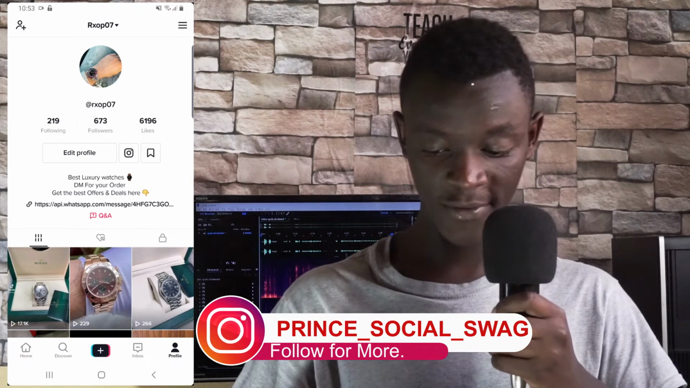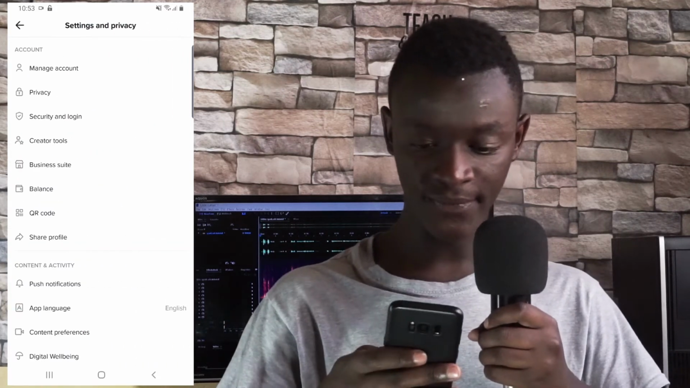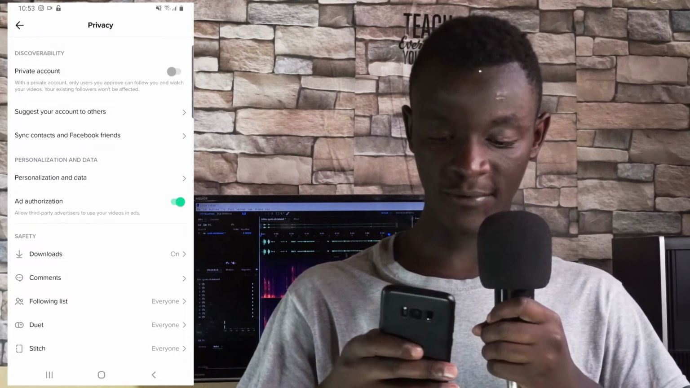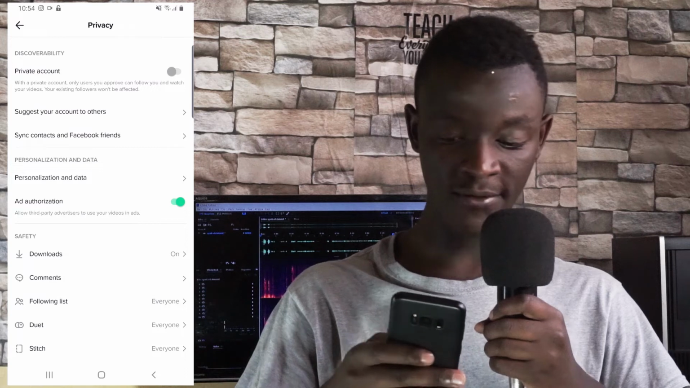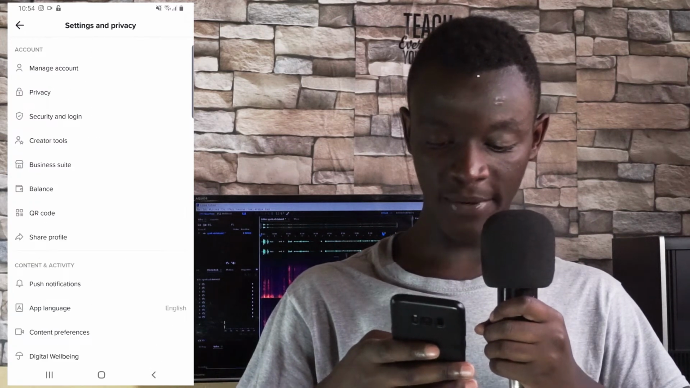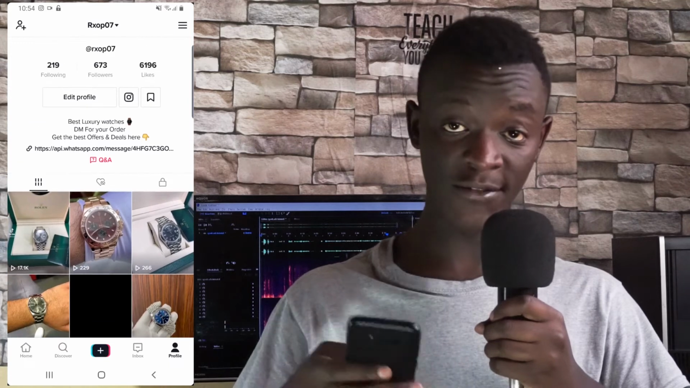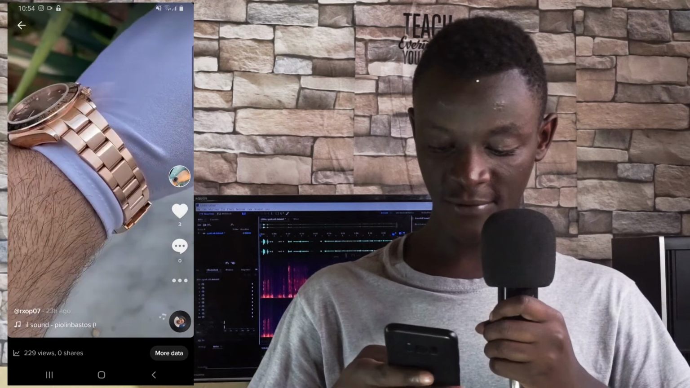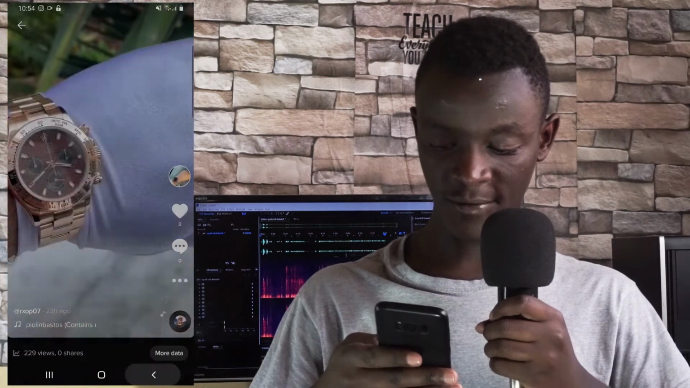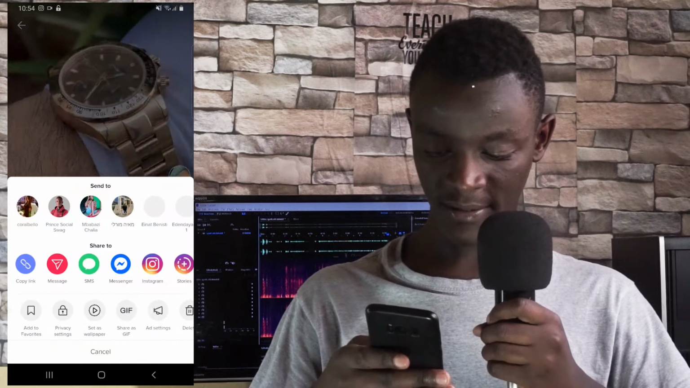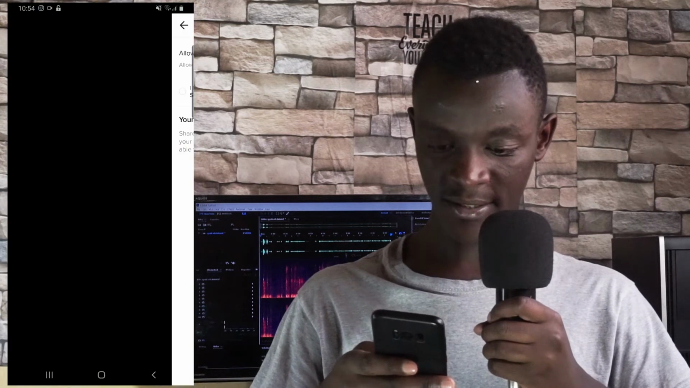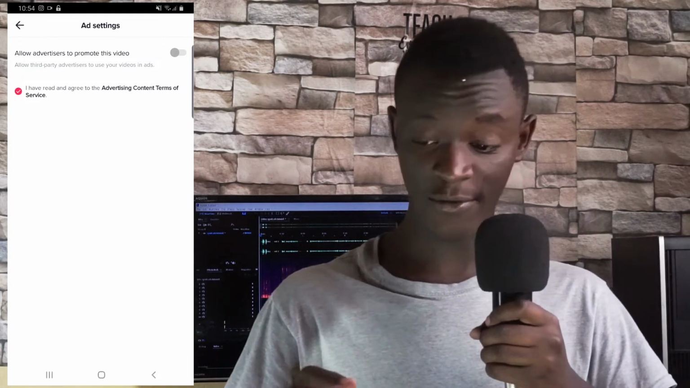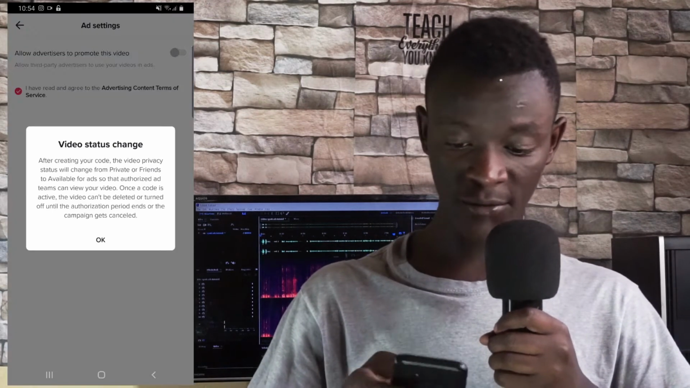So first of all, you have to go in the settings, then click on the privacy. You have to make sure that this button of ad authorization is on. So click on it and go back, choose any video that you want to promote. For example, if I choose this one, you have to click on these three buttons here, and I click on the ad settings. Then you have to click on agree to the terms and conditions, and then allow the advertisers to